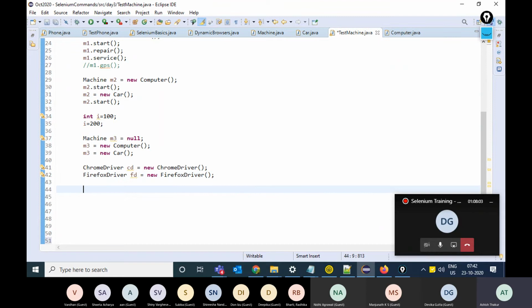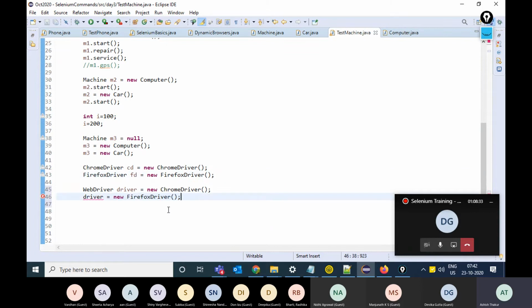But we can also create the object like this: WebDriver driver equals new ChromeDriver, because WebDriver is an interface and ChromeDriver is the implementing class. It is similar to this: Machine is the interface, computer is the implementing class. And on the next line, I can make driver point towards new FirefoxDriver. Or it's my choice, I can make driver point towards new EdgeDriver.